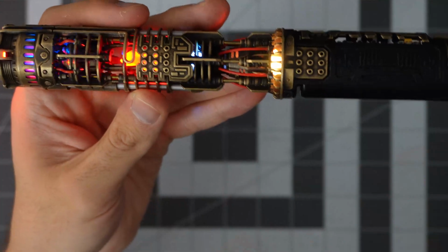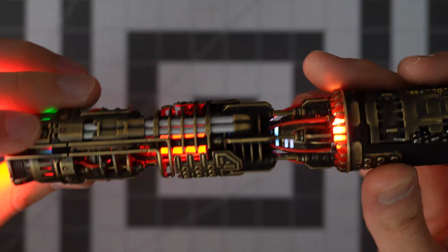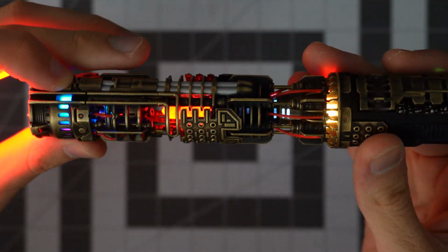So if you raise the number, it makes it faster. If you lower the number, it makes it slower. So that's important to know. And then to change colors...